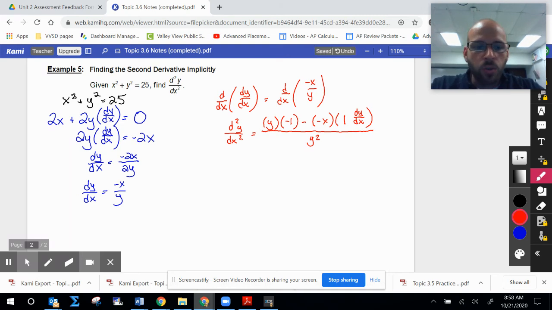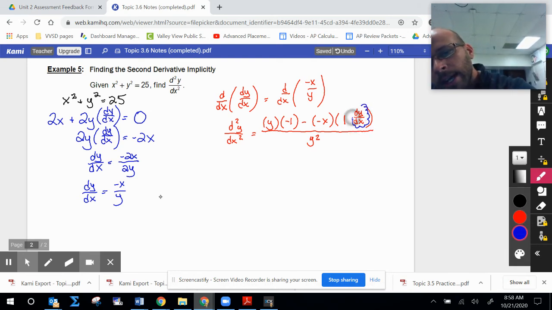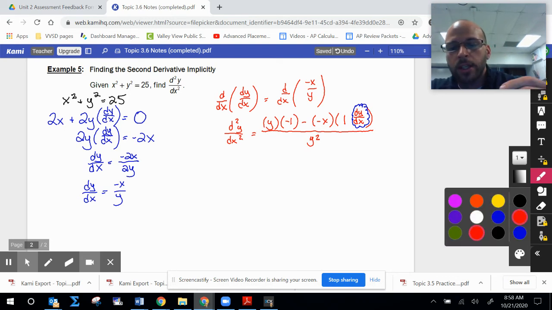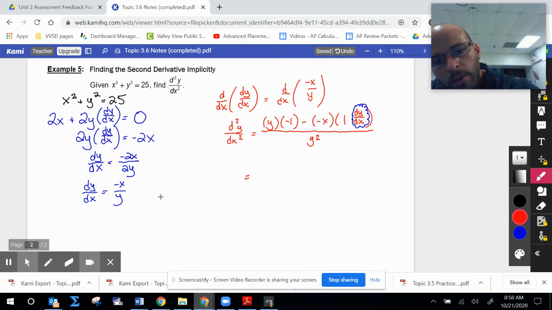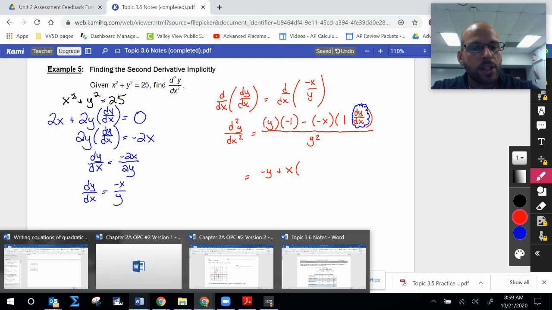Now, here is where things get a little messy. I want you guys all to see this dy/dx that's in our problem. Okay, we don't want to leave that there. We want this all in terms of x and y. So what I'm going to do is write y times a negative 1 is just a negative y. Negative times x is just going to be a plus x times. Now, instead of dy/dx, we know